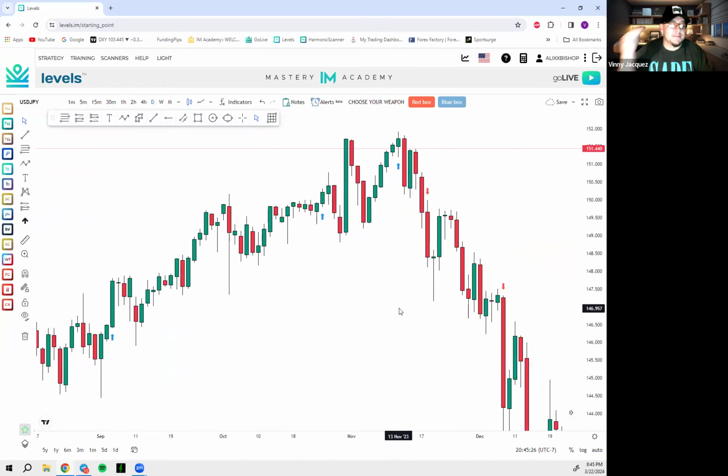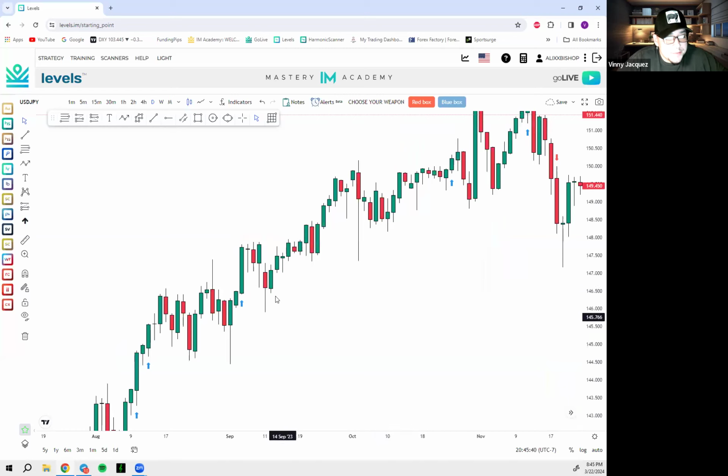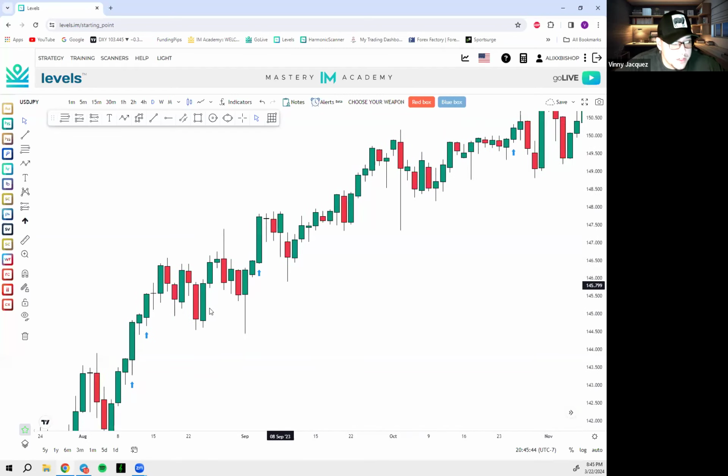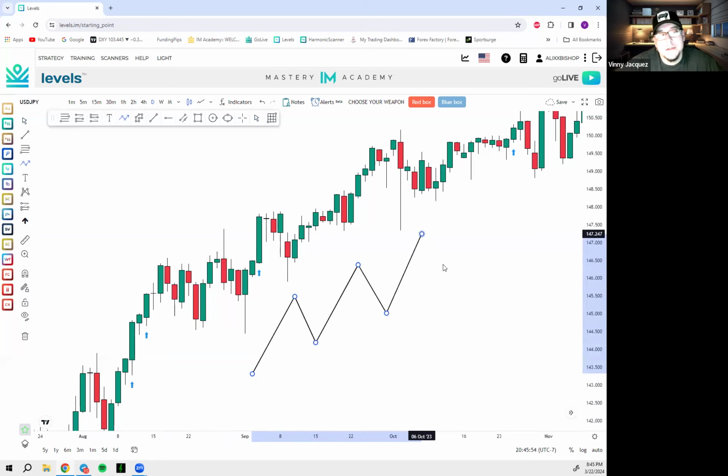USD JPY has very good structure, bro. Very good structure, and it respects. So anybody who likes to trade a toxic pair, USD JPY is not for the weak. If you're a rookie, to be honest, it's low key pretty toxic. But look, we can just start here. We don't have to go too crazy. We're just going over structure today. I know my drawings, guys. I mean, I'm a Picasso, man. I'm an artist. You know, these lines, they do magic.